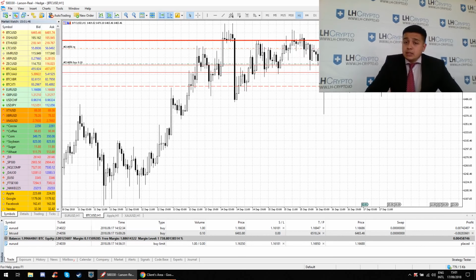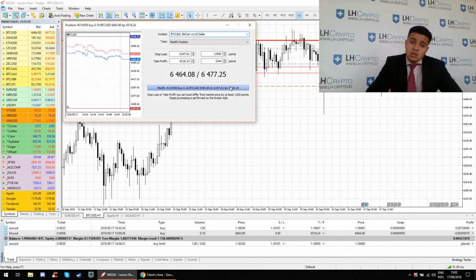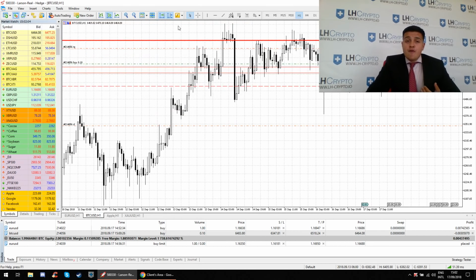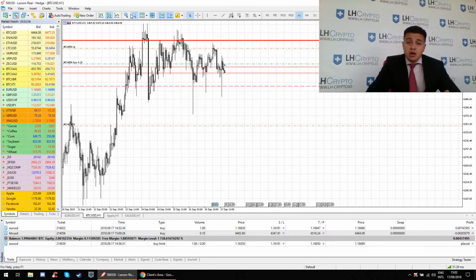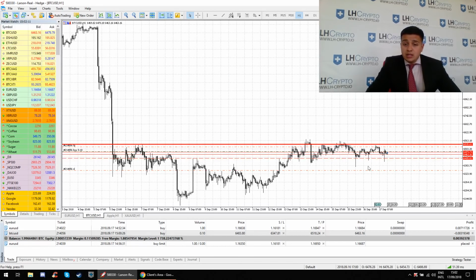Cool. So again, guys, we would like to place a stop loss. I would place it around this area. Again, some of you would think maybe it should be bigger, should be smaller. It's something that you choose relative to how risk averse you are. In terms of the crypto, I would place it here not only because of these levels, but